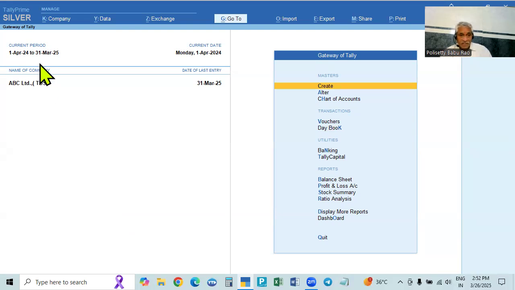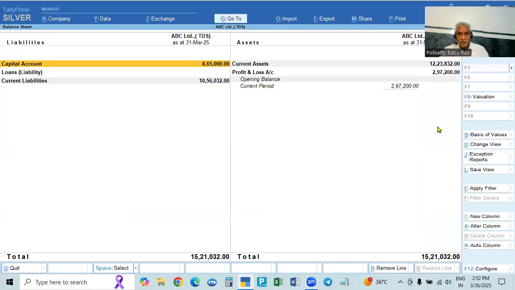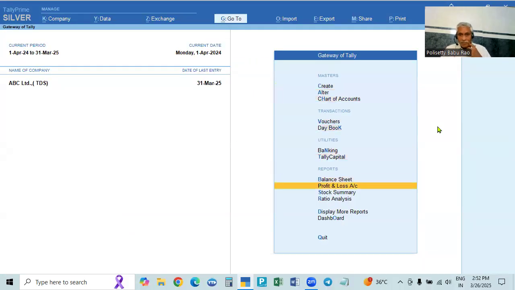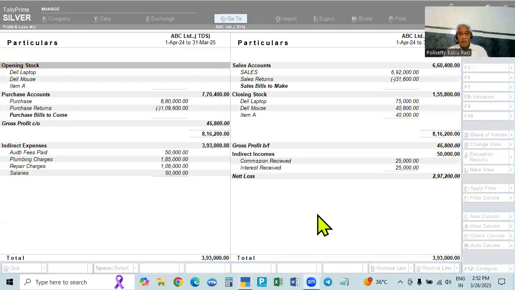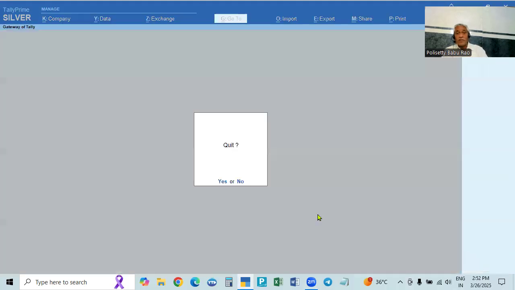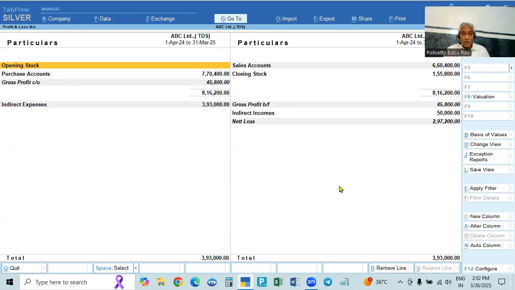So this is the current financial year. After 31st March, it will be the previous financial year. In this case, you go and see the balance sheet. In the balance sheet, we have this 15 lakhs, 21,000, everything will be there. If we go to the profit and loss account, all the nominal accounts will be there. The balance will be net profit or net loss. When you continue to the next financial year, all the balances will be carried forward except nominal accounts. Nominal accounts are shown in the profit and loss account. So the profit and loss account will close every year.